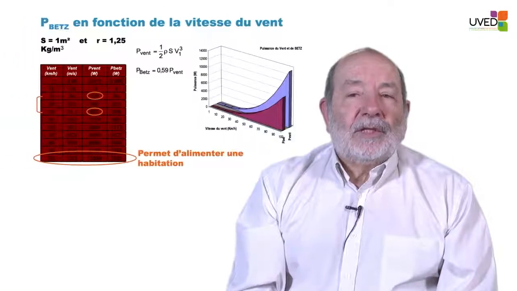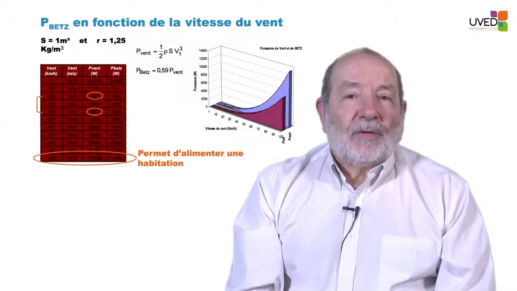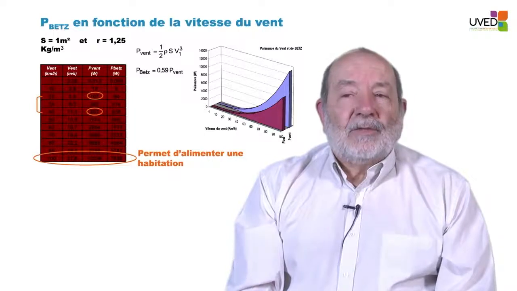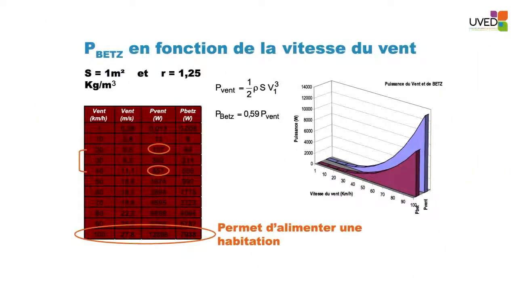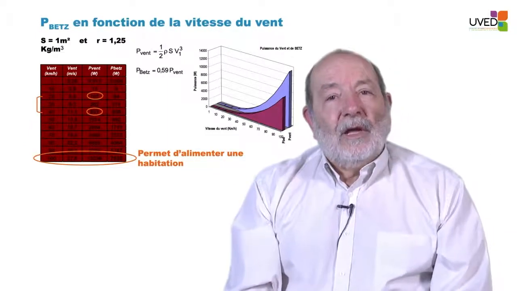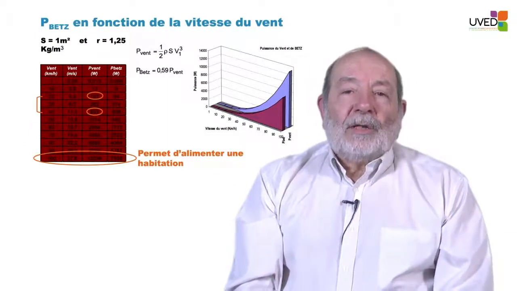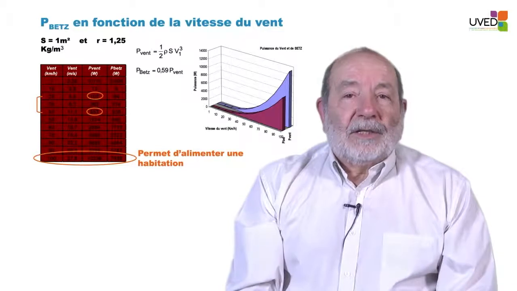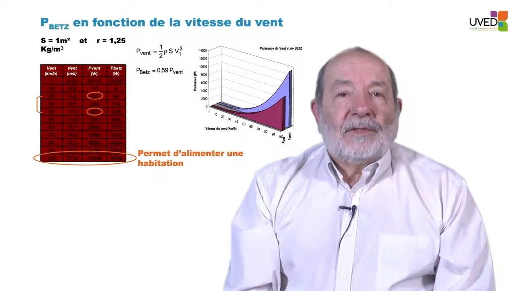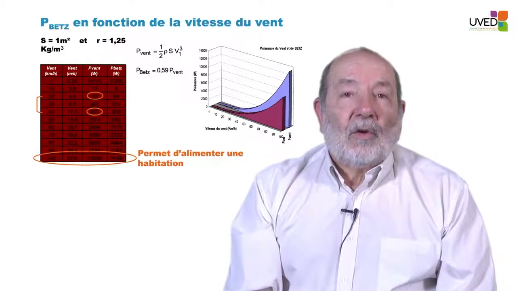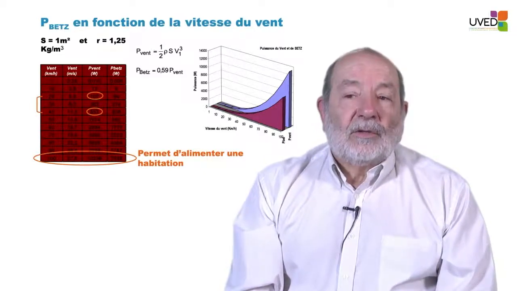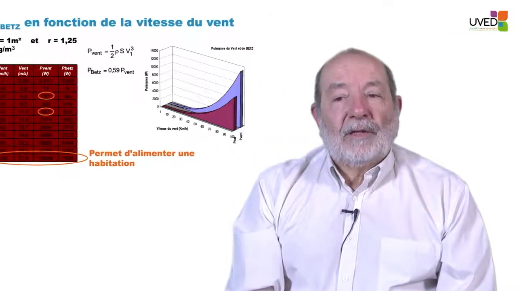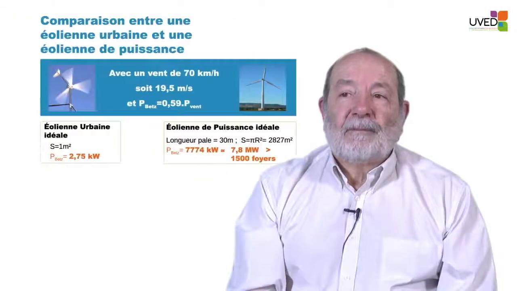Just so that you understand, we have drawn here graphs of the wind power and Betz's power for a surface of 1 square meter with a mass density of 1.25. When the wind changes from 1 kilometer per hour to 100 kilometers per hour, we see that the wind power changes from a few milliwatts to more than 13 kilowatts. Betz's power, 0.59 times the wind power, will vary from a few milliwatts to approximately 8 kilowatts, which would be enough to supply power to one house if the windmill is perfect and the wind blows permanently at